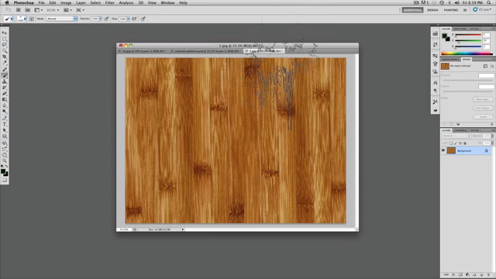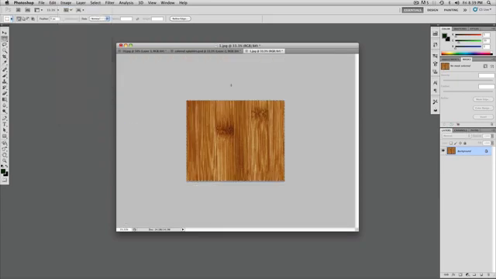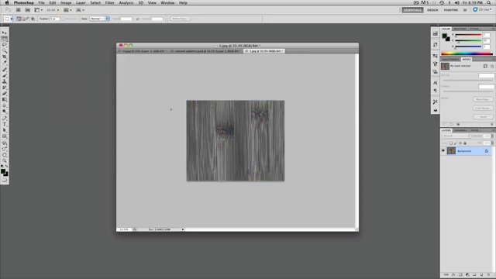Now we're going to use our wood picture here. What I want to do with this is I'm going to create another brush preset. So I'm going to select just a smaller part of this wood here. Feather. Like so, and go ahead and just crop that because that's all I need of it. I'm going to go up here to adjust, desaturate, I don't want any color in it,